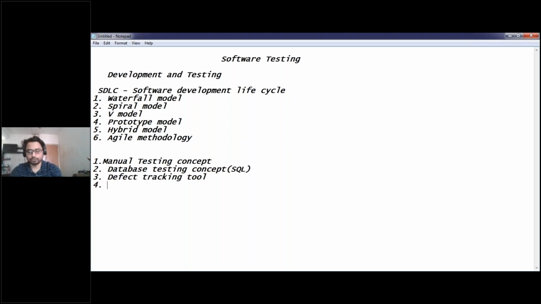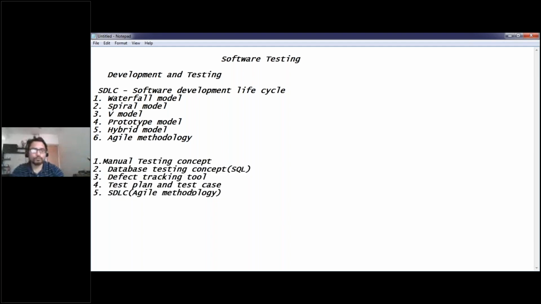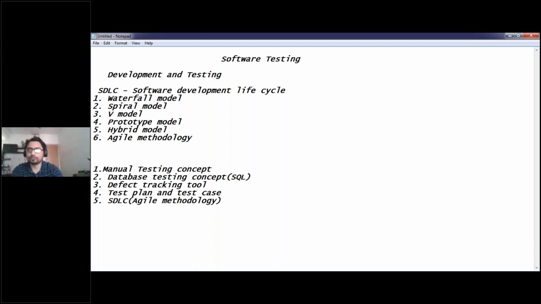Next, you have to write test plans and test cases. The fifth point is you need to know one good SDLC. I recommend Agile Methodology. These things you need to learn before going to any interview. Once you have the concepts, I will take a mock interview, and when you perform well, you will attend the interview and get selected